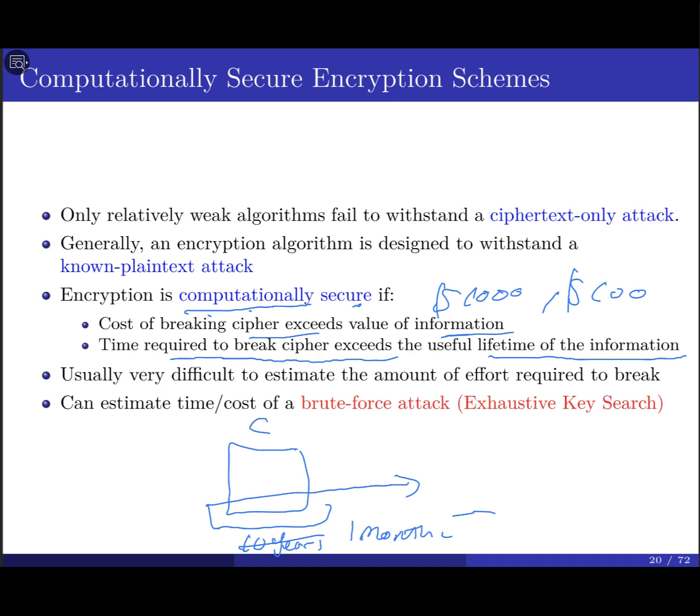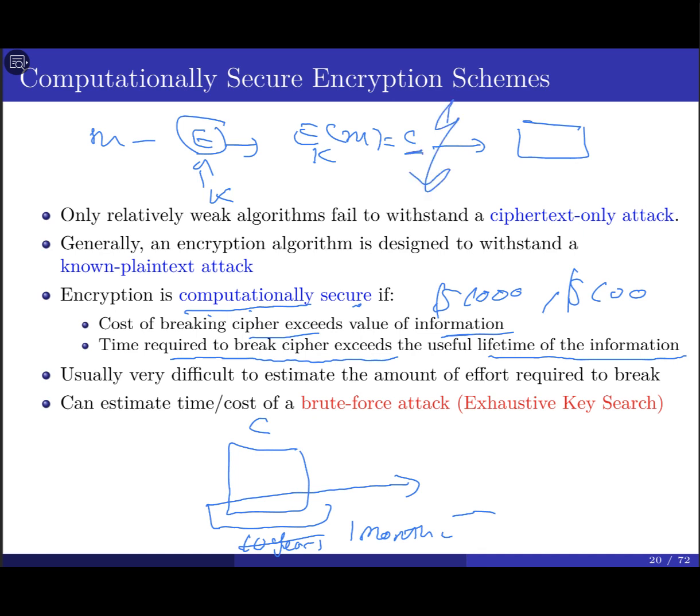Remember, when you encrypt the message, you have the message, you have the encryption, you're going to use some key, then you're going to produce the encryption of the message, equals C. Then on this side, I have C. What I'm trying to do here is take C as input, decrypt C, in order to figure out the M. How can you perform this operation? I will try every possible key that we use in the system.